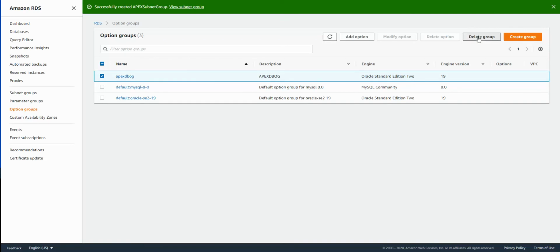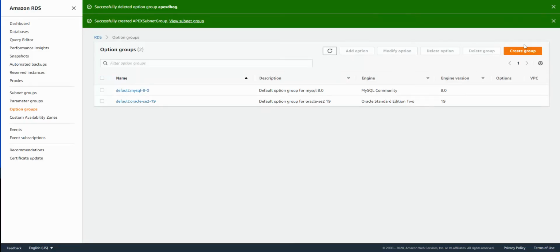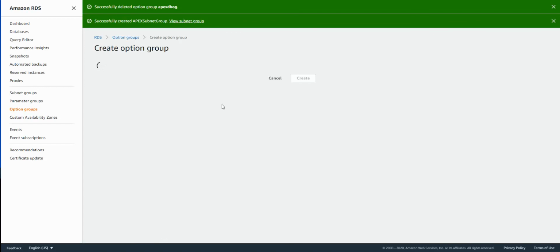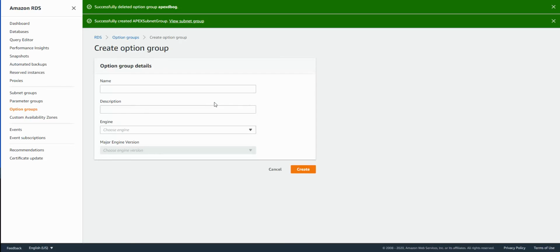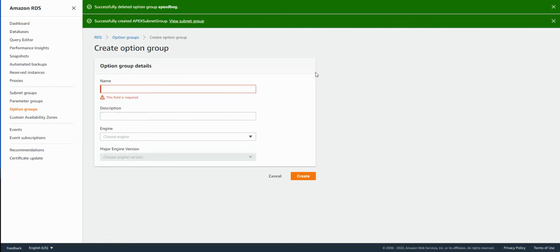Once that is done, we also have to create an options group. I have one option group; let me try to delete that one. Okay, and I'll create a new options group. The concept of the option group is this is where we specify the options we need to give for the RDS provisioning process. For example, when the database is provisioned, do you want to provision Apex also, or some utilities for the S3 integration? Something like that, right? So for the name, we'll select Apex option group, for example.